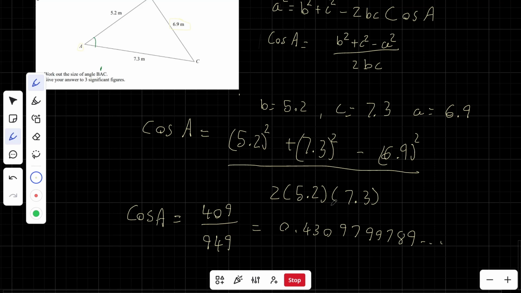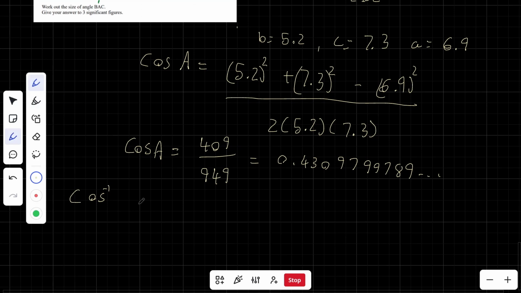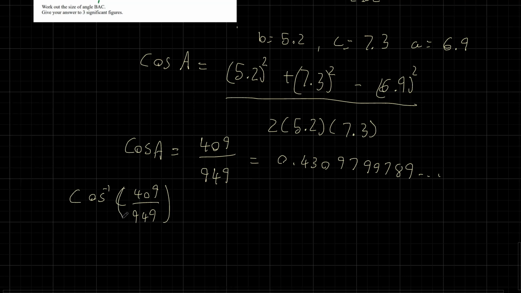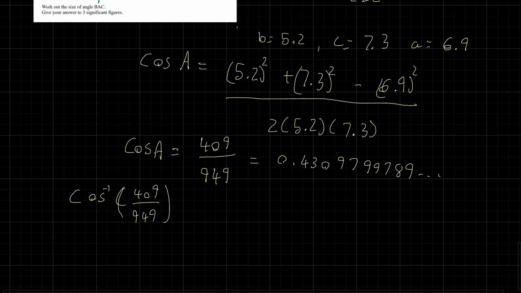And then we're going to use the inverse function. So we're going to use the cos minus 1 function on our calculator to figure out the angle. So cos minus 1 of 409 over 949. I always recommend using fractions in these calculations. There are far fewer numbers to write, and you know you're getting the exact thing. So when you put that in your calculator, cos minus 1 of 409 over 949,